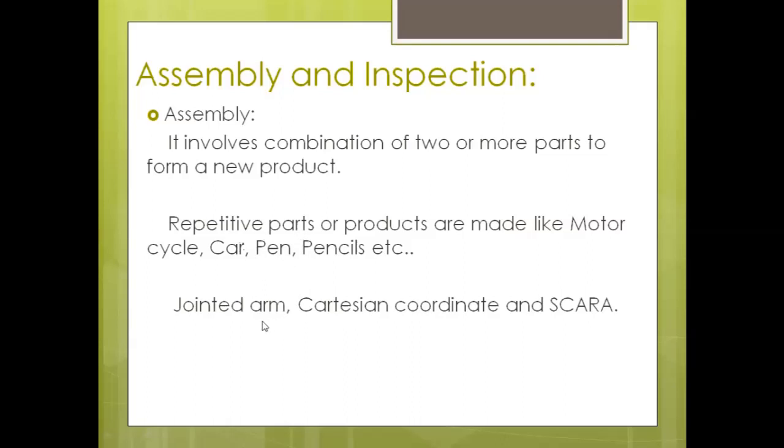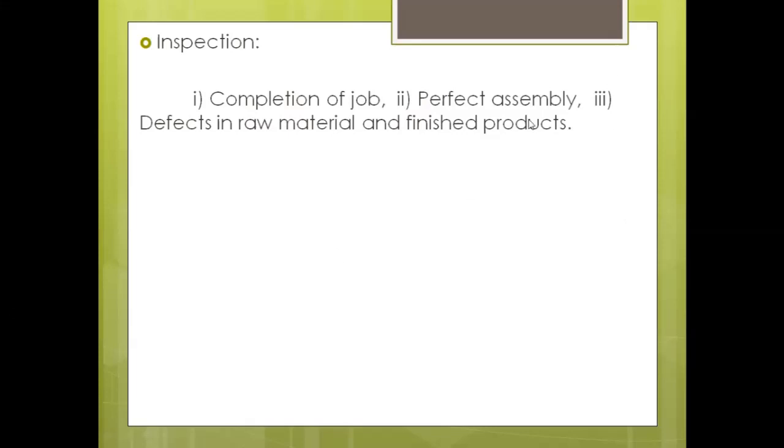For assembly and inspection purposes, we use the jointed arm robot, Cartesian coordinate robot, and SCARA robot. These three robots are used for assembly and inspection. What do we mean by inspection? Inspection is nothing but